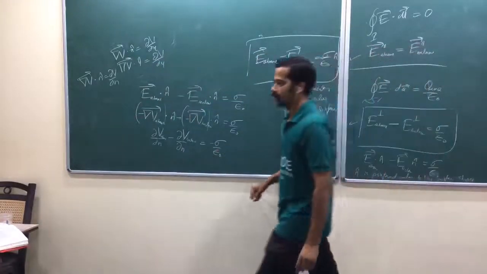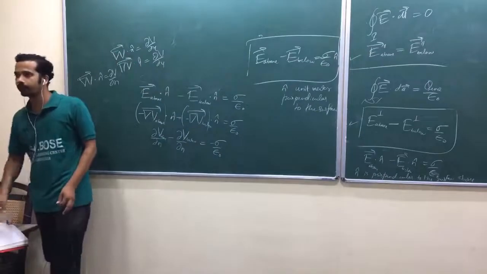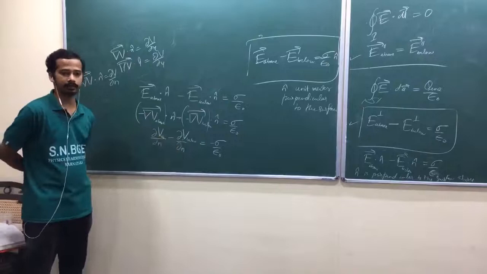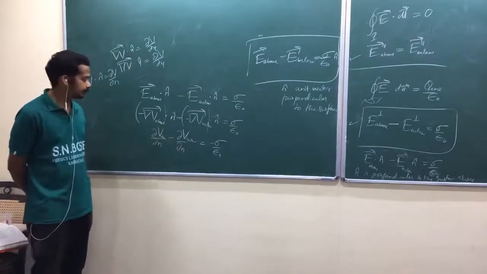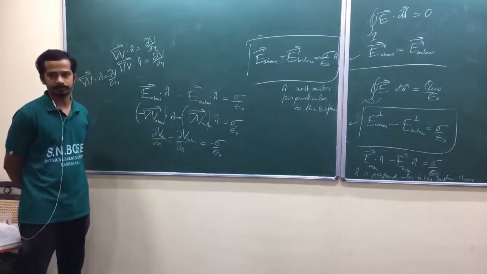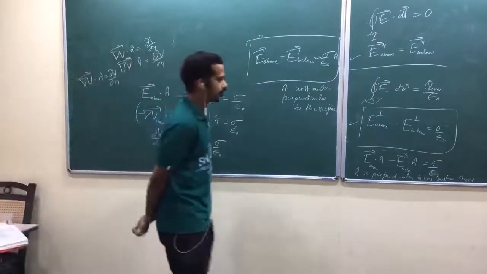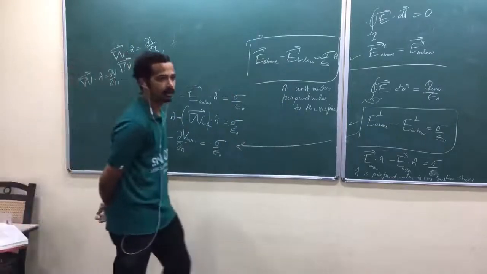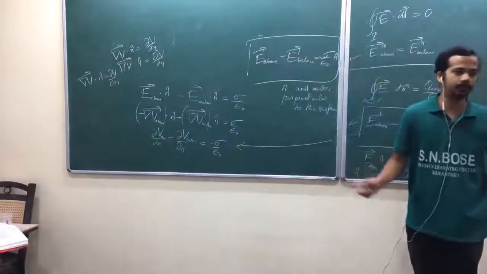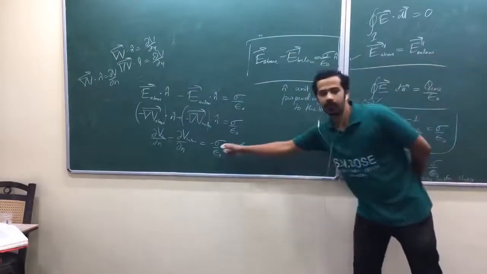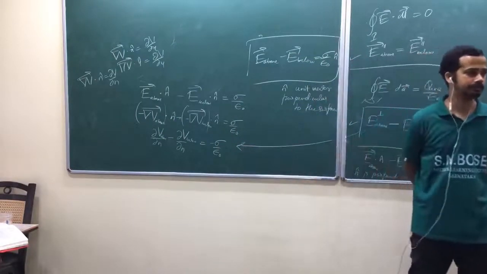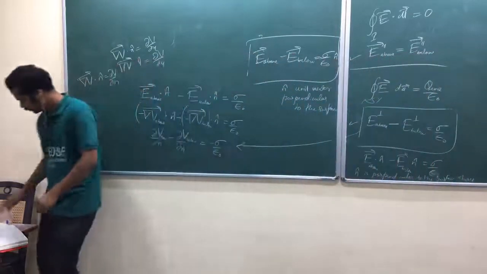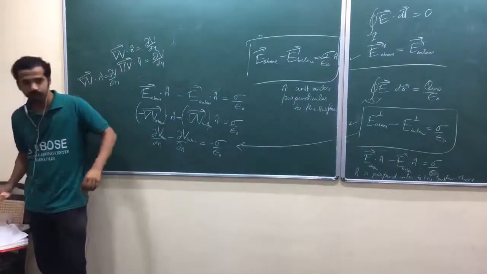Derivative of the potential, the partial derivative of the potential perpendicular to the plane, suffers discontinuity. This is just equivalent to the previous statement. These two statements are equal, but we are going to use this one in the next chapter to find a surface charge in some problem. Over.